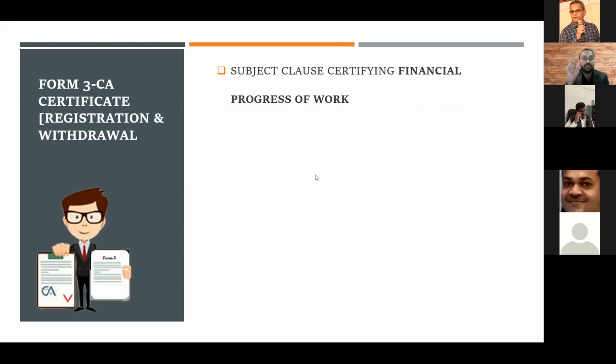And what we are certifying is the financial progress of the work. What is this financial progress? That is how he is following this regulation of depositing 70%, withdrawing it from the bank. That is called the financial progress of this project. Next, there is a line at the beginning that we are issuing this certificate for Rera compliance. Ab Rera compliance matlab bank account operations. So for this we are complying QPR operations, QPR quarterly progress reporting के लिए हम लोग ये certificate दे रहे. Hence they have inserted this word Rera compliance.